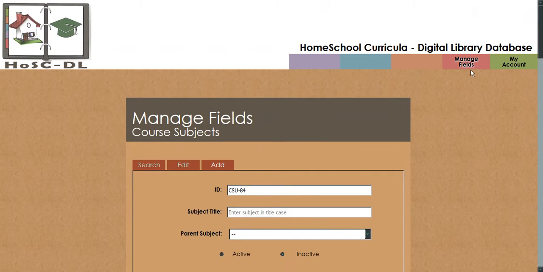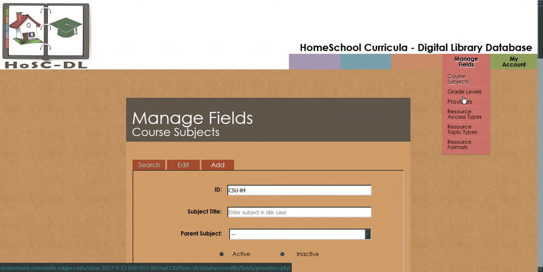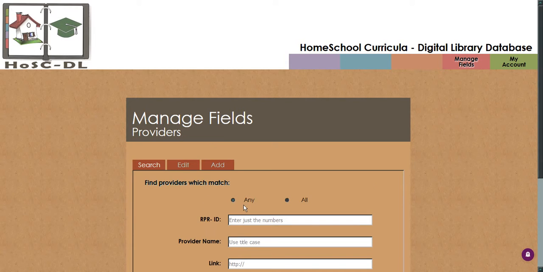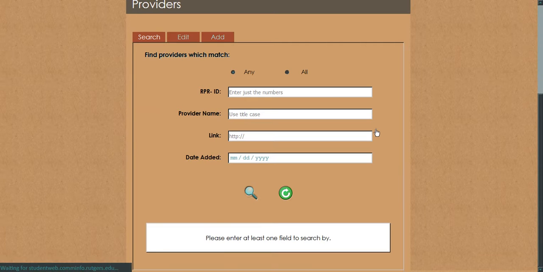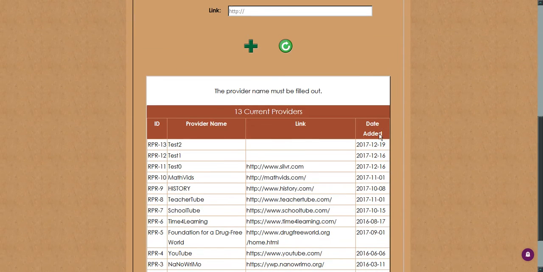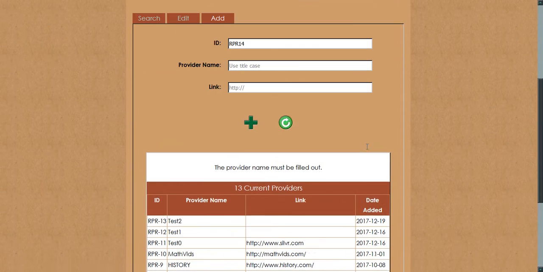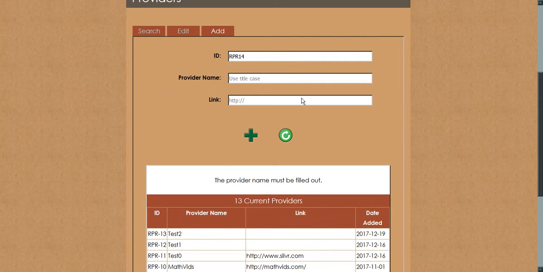This is reflected on all of these pages, same basic approach. There is one difference with providers, which is that, as you can see on the Add tab, the date field is part of the record, but it is not included up here. That is because the date is automatically added based on the date of the system,